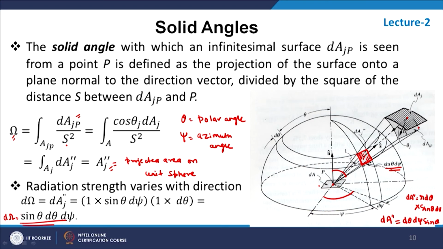Okay. So, this is a small solid angle d omega, and we can represent this solid angle in terms of azimuthal angle psi and polar angle theta. As I told you, radiation depends on angle. Emissive power does not give us any idea how the radiative intensity emitted from a surface behaves in a given direction.